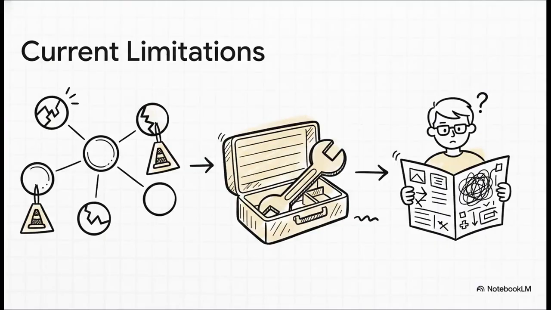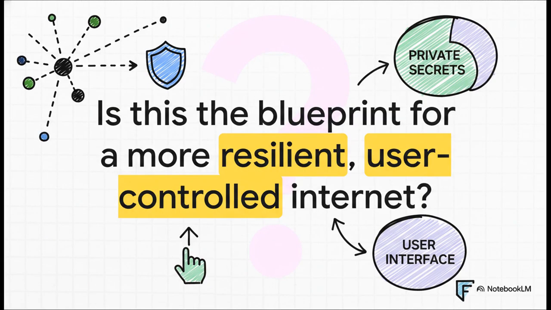We've got to be realistic here. This is cutting-edge stuff, which means it's still early days. The public network is very new and still being built out. Right now, you have to write your contracts in Rust, and the developer tools require a bit of manual work to get set up. It's definitely not a simple one-click process, at least not yet. But even with those limitations, the core idea is incredibly powerful.